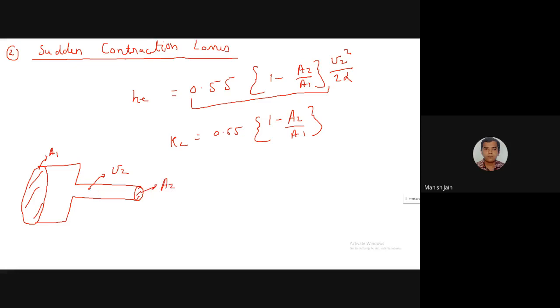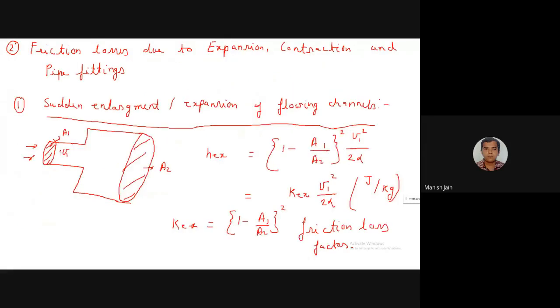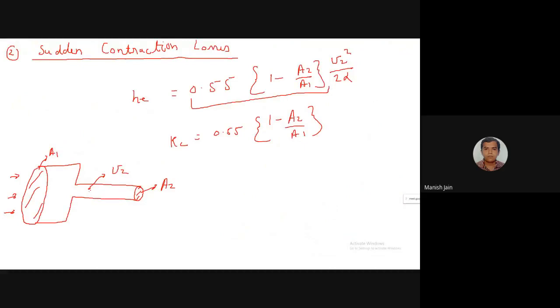Okay, the velocity at the downward stream is V2. Here the velocity is in the upward stream, that you have to remember. In this case the velocity is in the downward stream. So both are at different positions. These are the losses due to the sudden contraction. Now you have different types of loss due to different types of fittings and